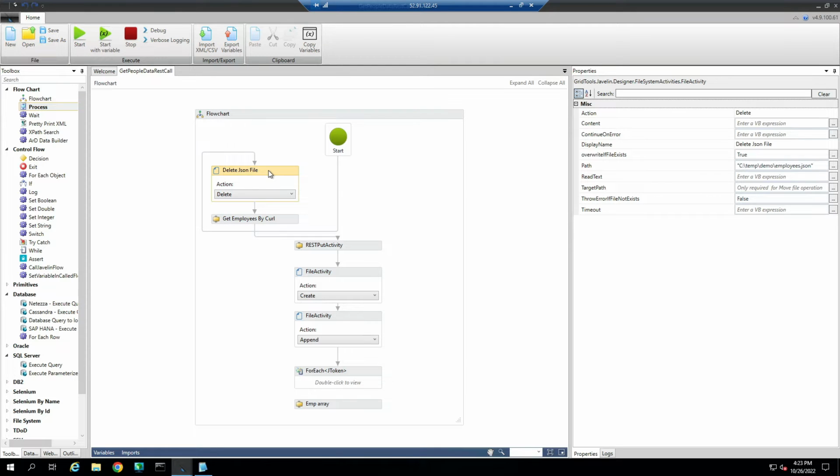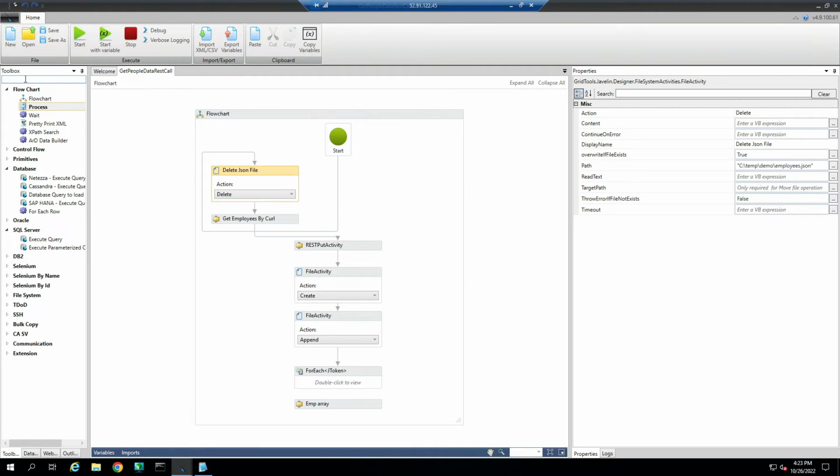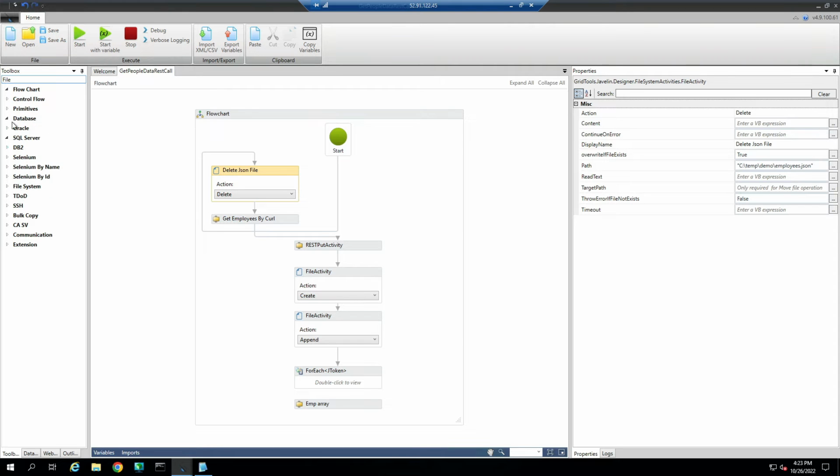Now, if you don't know what the control is and you're wondering what I used, you can look right here. So file system activity, file activity. If I drop all this, you can also do the cool thing of just searching for it. Now, searching for it will not open up. So if I open up something I know it's not in there,